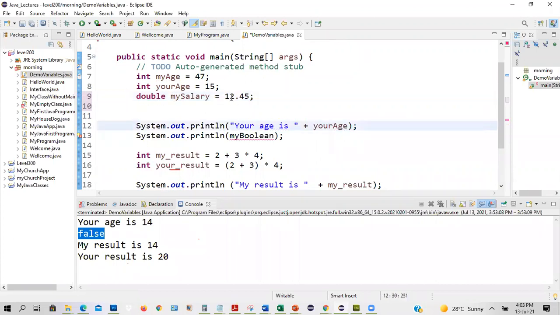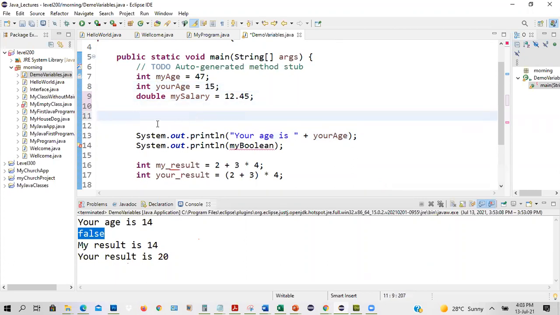So this is my salary, 12.45. And I use double because it can take a decimal point. Now, if I do that for integer, it will be an error. Now, if I want to declare a third variable, another variable, let's say integer,